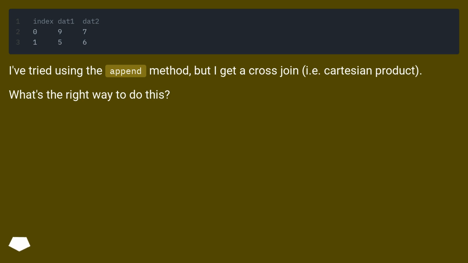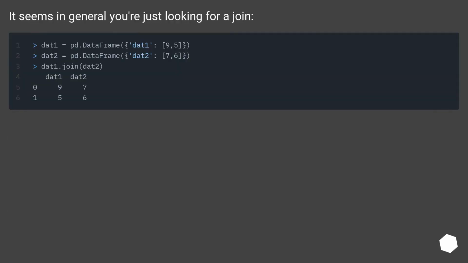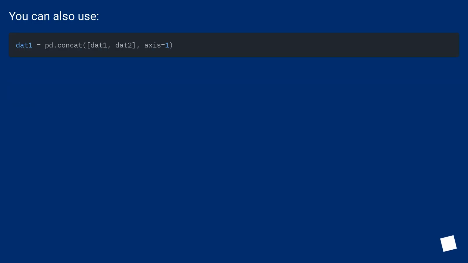I've tried using the append method, but I get a cross join, i.e. Cartesian product. What's the right way to do this? It seems in general you're just looking for a join. You can also use